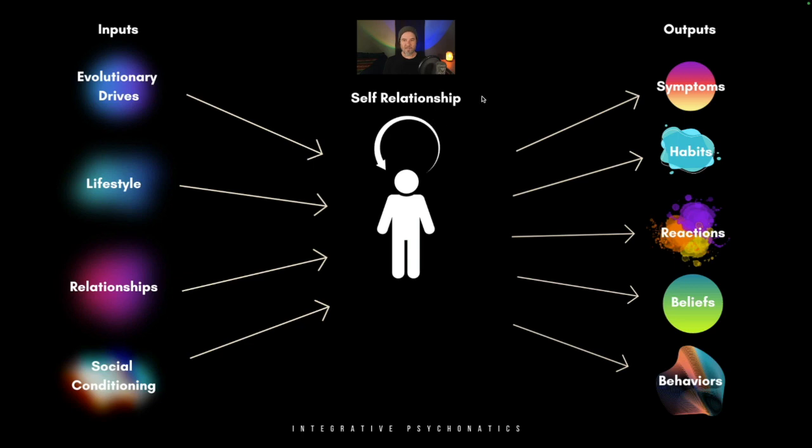How could you, and this is my big thing I'll be talking about a lot more, improve your self-relationship? In other words, how could you relate compassionately, empathetically, with wisdom, with patience, with kindness, with engagement and love for yourself? How could you relate in a way like that, that becomes a new input that's more healing, that then improves any symptoms you have, up-levels any habits you have, maybe nullifies any reactions that are out of control, improves beliefs about yourself or about life, and shifts your behaviors.